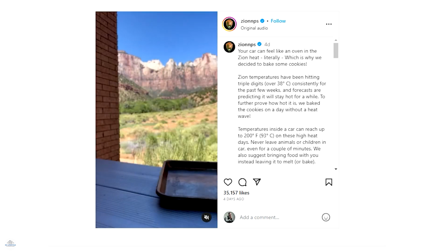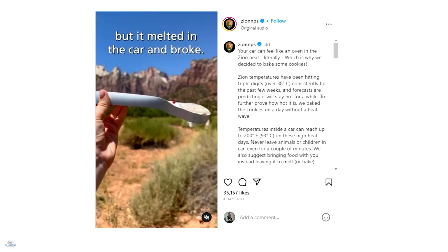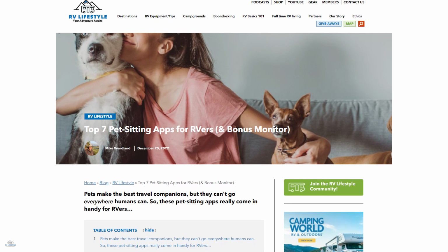They say that it can easily reach 200 degrees inside the vehicle when the temperature's in the triple digits outside, as it has been in much of the West. And that's why you should never leave food in there, unless it's for sure refrigerated inside. And never pets. If you have pets and you're going to a place like a national park that isn't pet friendly, get a pet sitter. That's so much better than leaving your pets there and worrying about them. We did a story, and we'll put a link to it in the show notes, about where you can find pet sitters around the country. Just go to